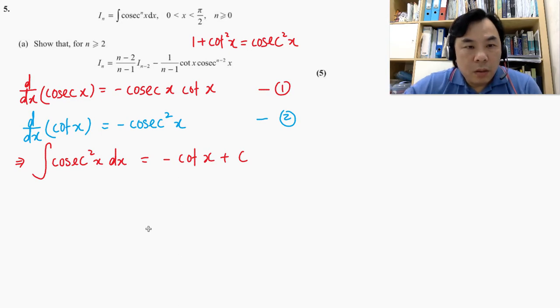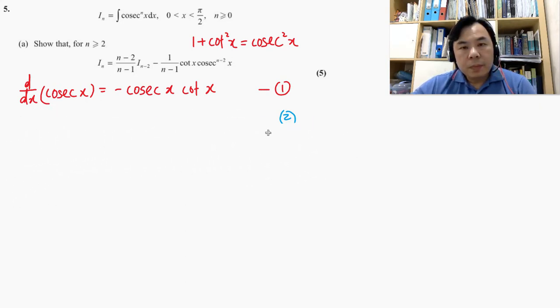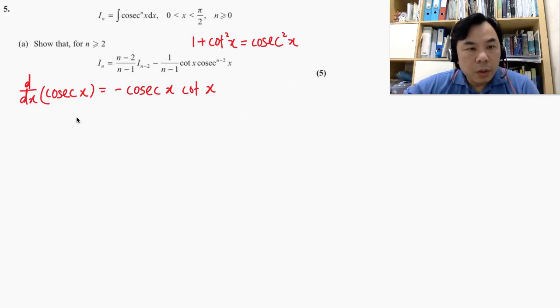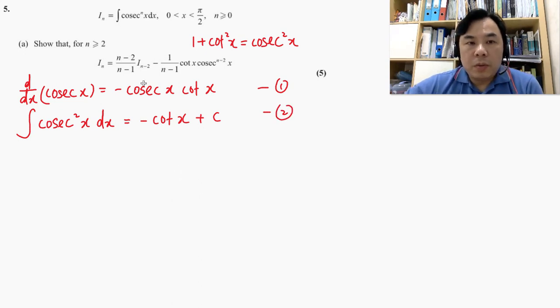All right. So in this case, I'm going to copy this one down here so that I can make use of this result shortly. Now I'm going to put this result that I need. So I know that by performing an antiderivative upon cosecant, I will be able to reach this conclusion here. Okay, so these are the two results that I need to make use of before I start off with